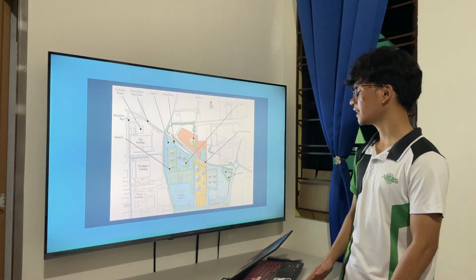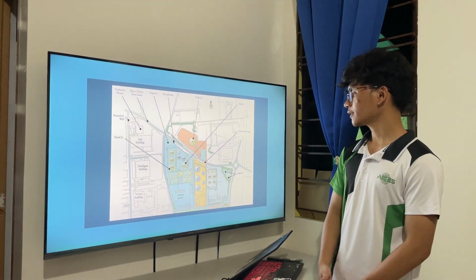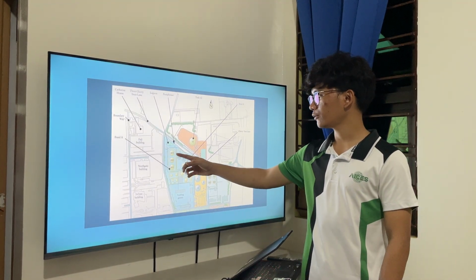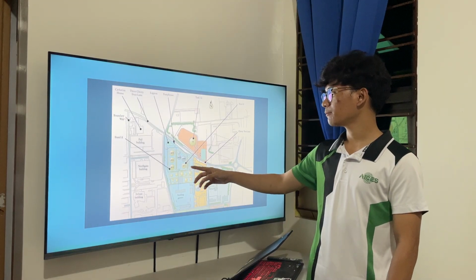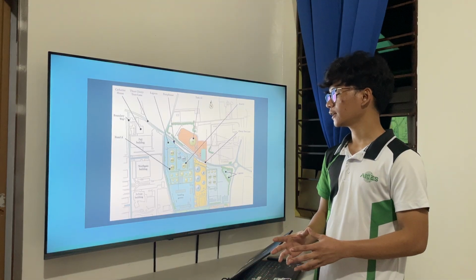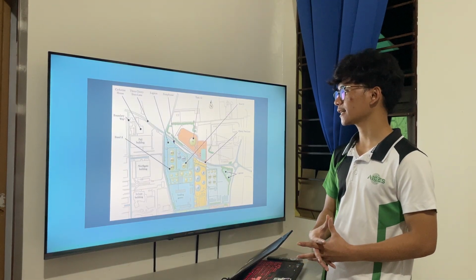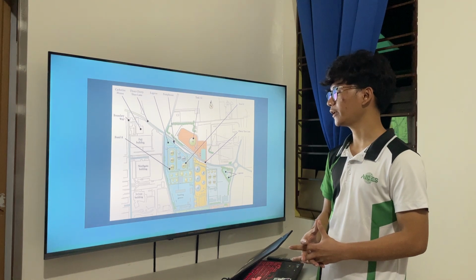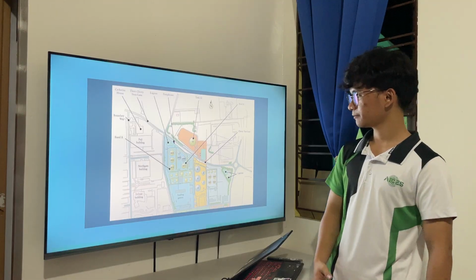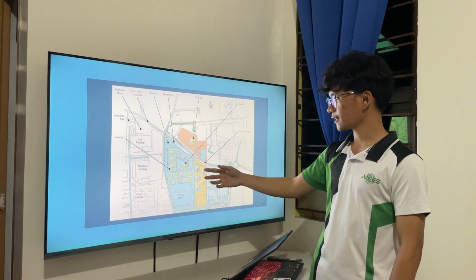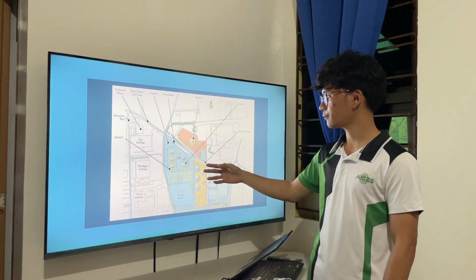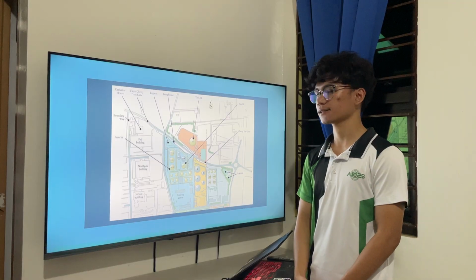So here we have the plant layout where Tank 912, which caused the incident, is located. Here in Bund A, we have Tanks 915, 912, and 911. A bund is a secondary safety containment that can store the fluid of one of the tanks if ever one of them fails or cracks. And here we have the other tanks, and each has a bund that can prevent the overflow of the fuels.